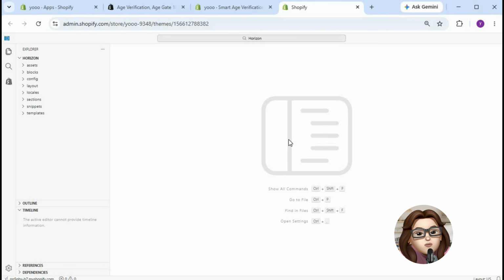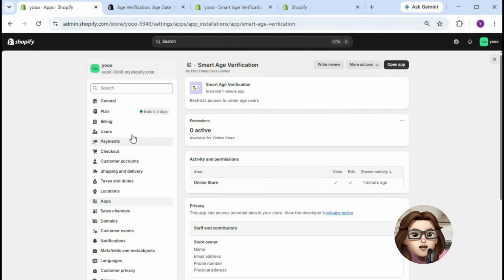And that's it! Your Shopify store now has an age verification pop-up fully set up and ready to help protect